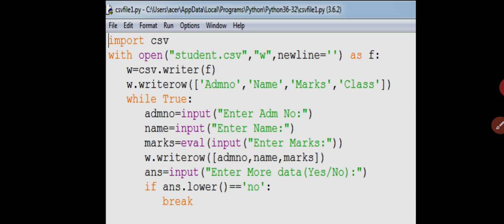Thereafter, once the CSV file is created, as I have told you in the previous slide, CSV files can be directly opened in a spreadsheet program. In a spreadsheet program, you can directly open any CSV file, and you will find that the records are coming in rows and columns, and you can see them. Although you can also print the CSV file content using a Python program on the Python prompt. For that, I am going to tell you the code.